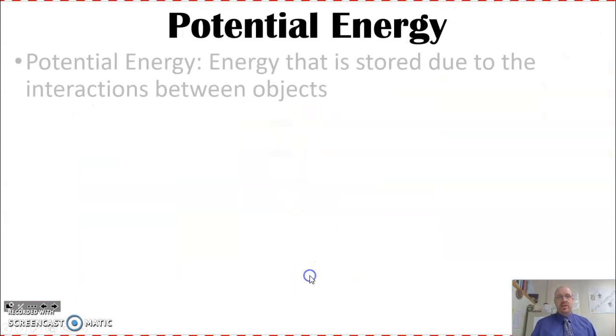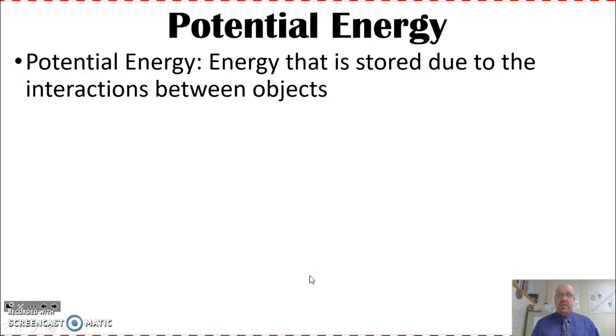Now let's talk about potential energy. We've talked about kinetic and potential energy before. We did with the roller coasters and different things like that. But now we're really nailing down the definitions and actually providing a formula with them. We're taking that concept and going further with it. Potential energy is energy that's stored due to interactions between the objects. And the most common one is gravitational potential energy. I'm holding up something in the air. Gravity wants to pull everything down, so there is potential energy stored in this simply because of its height, the position that it's stored at.